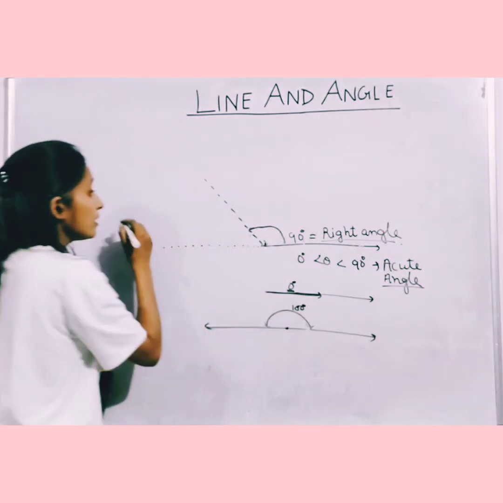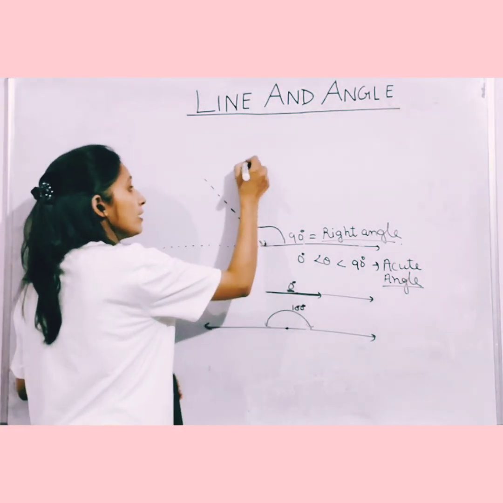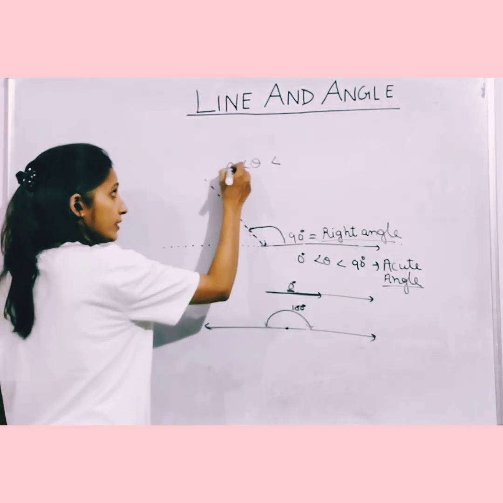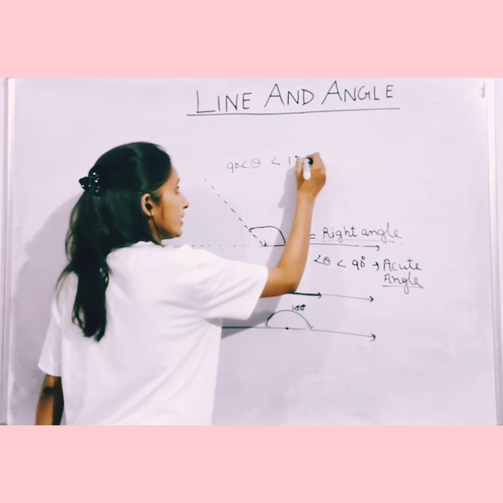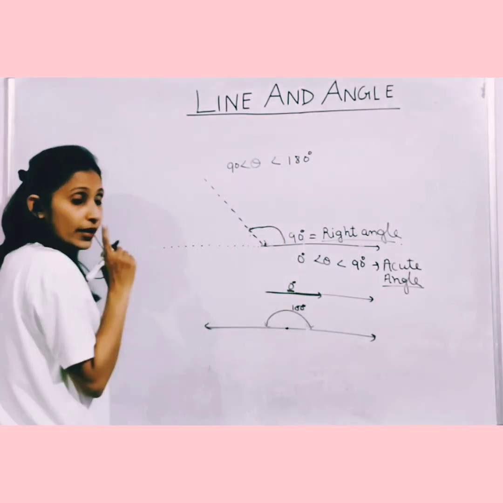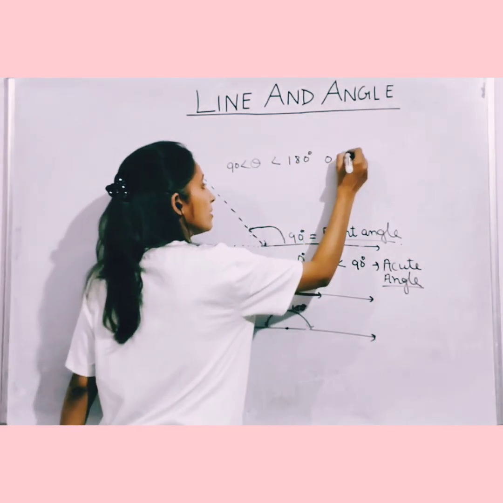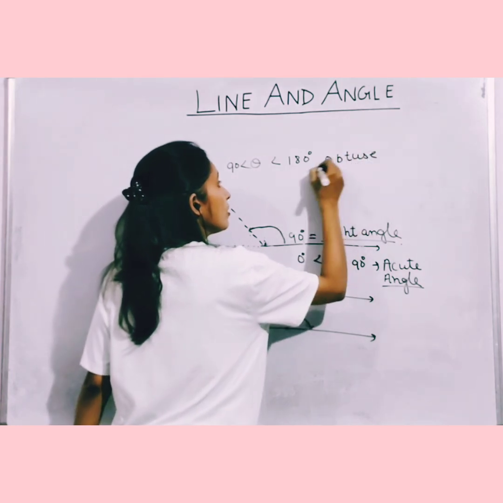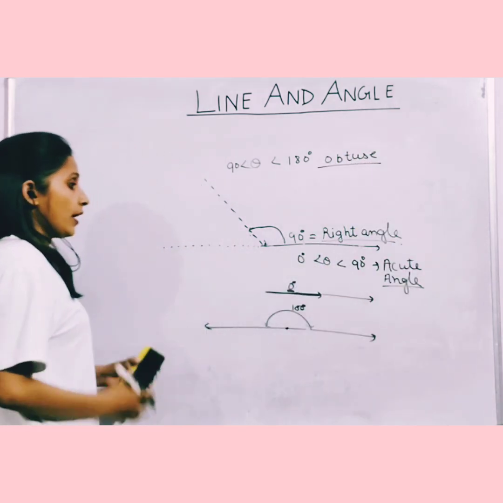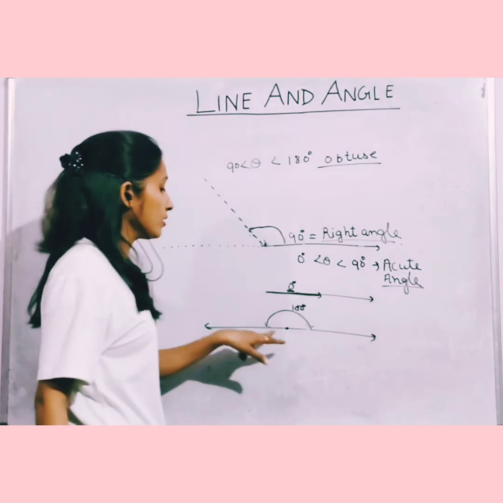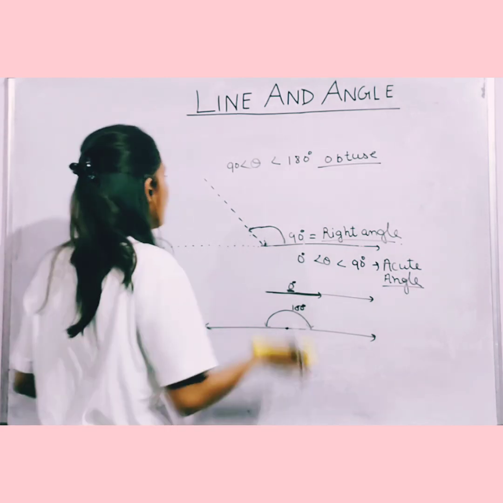So what we can say, when an angle is more than 90 degree but less than 180 degree, it will be called an obtuse angle. This is our obtuse angle, and we are clear with the straight angle. Okay, now